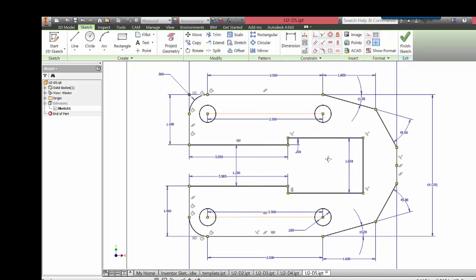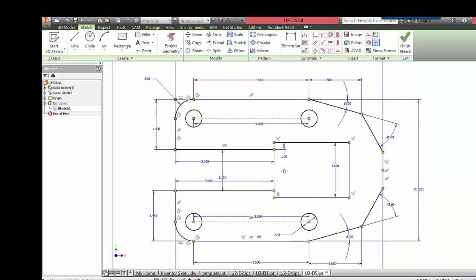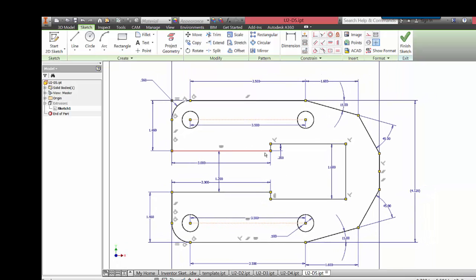And last in this video, the internal features, where we have the combo of two radiuses or two arcs to make up that half teardrop shape on the top and the bottom. And that is done by first trying to figure out where those arc center points go. And if we look back at the drawing,